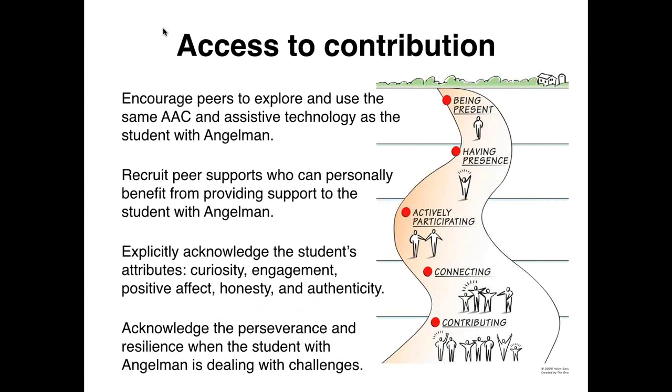And they can start preparing for that early by realizing that this happens to all kinds of people, and sometimes it happens to people quite young. And maybe we don't get to choose what happens, but we get to choose how to deal with it. When I look at kids with Angelman, with all the challenges they face, I so often see kids who are choosing to find the positive, who are choosing to focus on what they can do, who are really choosing a very positive way of dealing with some really hard situations. And I think we need to name that